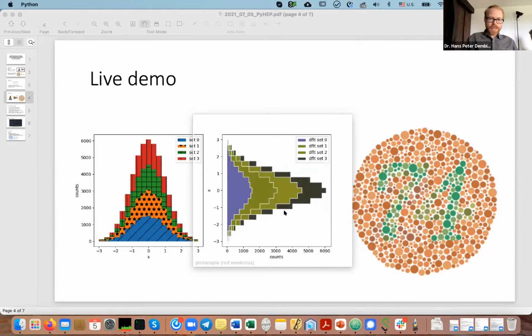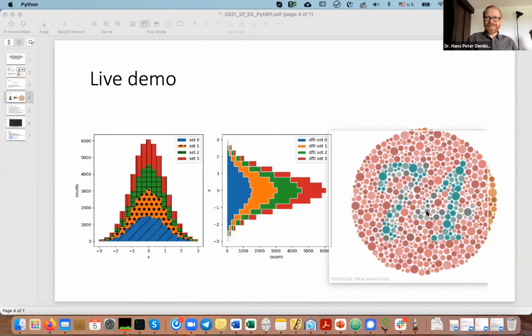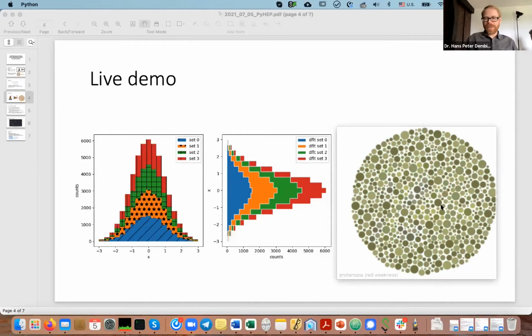And you can also press tab and then go to, so this was grayscale mode, and now it's red weakness. So now you see that the second color and the third color are almost indistinguishable. And if you go to green weakness, then the uppermost colors are almost indistinguishable. So this is the point here, to easily see that. You can also apply this here to these Ishihara plates. So in red weakness, you don't see the numbers anymore.